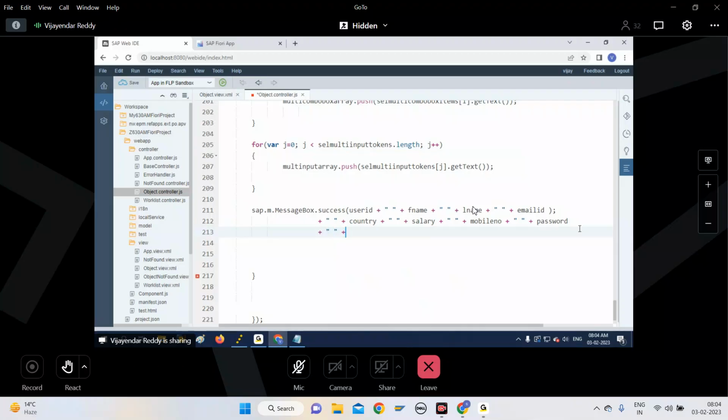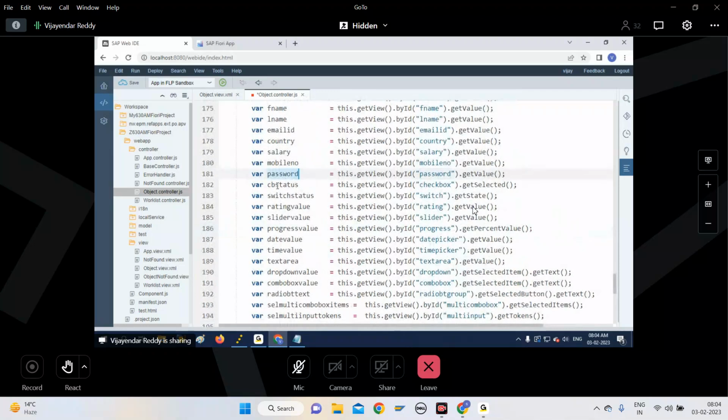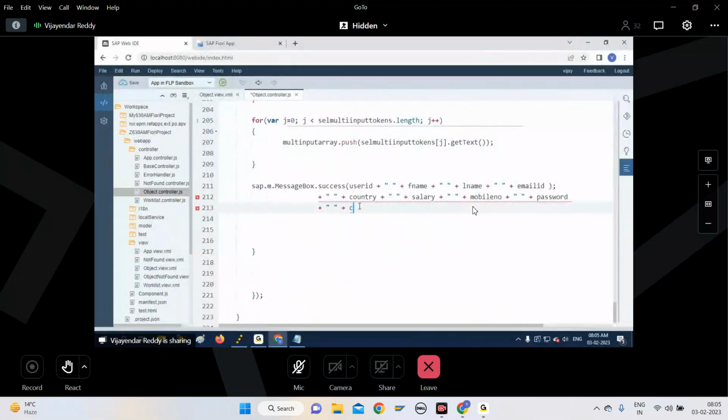You do some empty space plus other values, like after password you can see there is checkbox status, switch status, rating value, slider value, progress value, date value, time value, text area. So let me print all these things. So checkbox status plus switch status